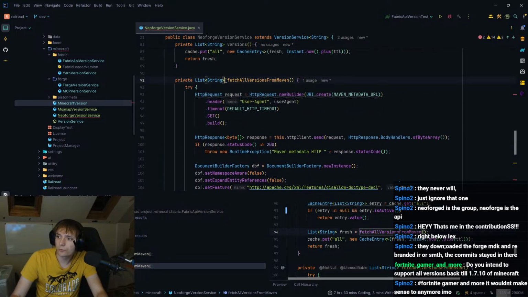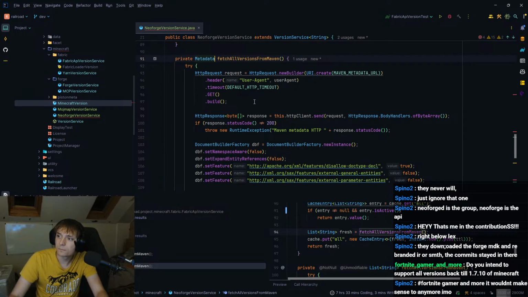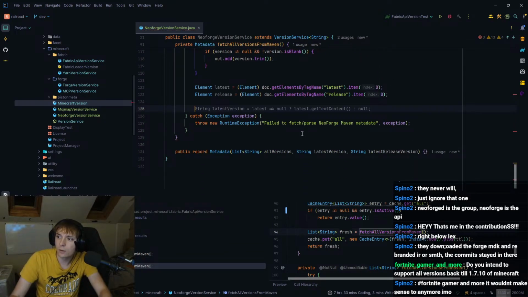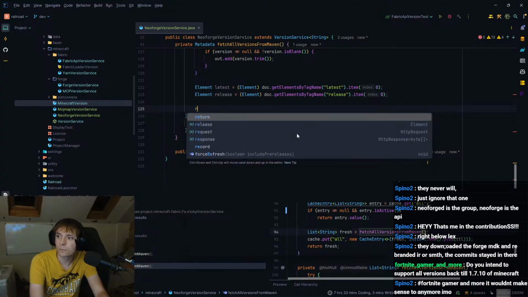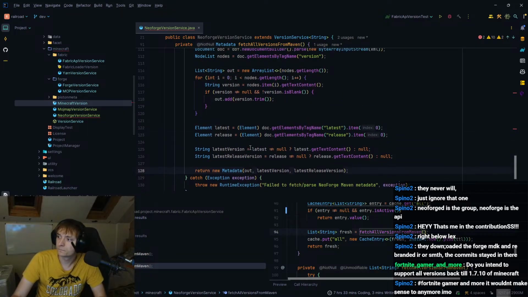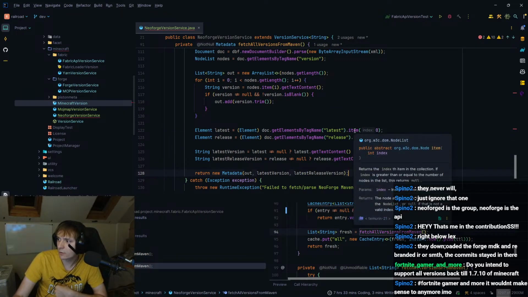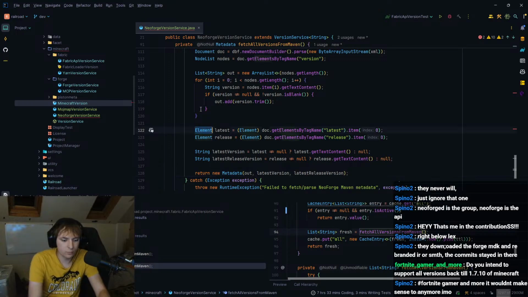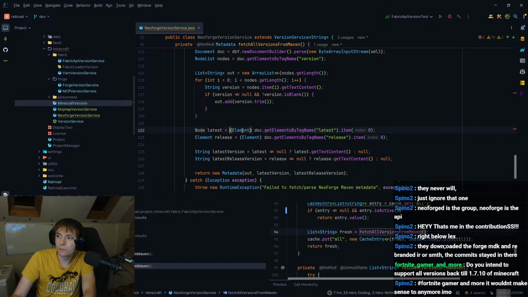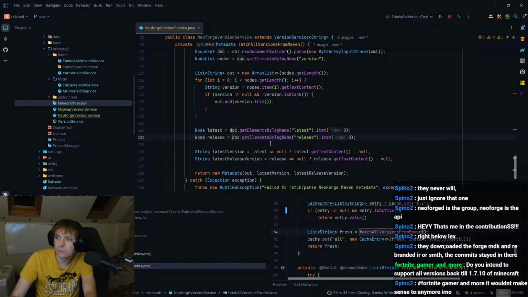So then this can just return a Metadata, and then I can return. Let's get the strings like that. I feel like this probably isn't the best way to do it. What does item return? A node. Is a node fine? I assume a node is fine. Yeah. Let's not do a cast if it's not.